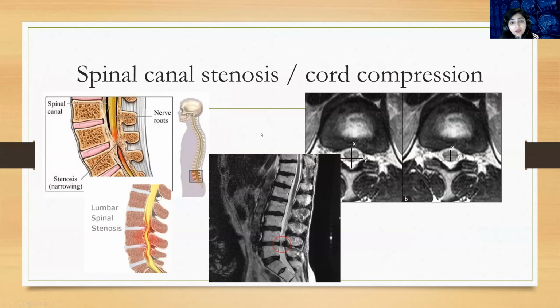Then spinal canal stenosis. Spinal canal stenosis is caused by multiple factors like disc bulge. An important component of spinal canal stenosis is the ligamentum flavum. The ligamentum flavum is the ligament which is present posteriorly, and as you can see, this is a part of the disc bulge, but this is all the ligamentum flavum which is causing compression. And there is another very important component which takes part in spinal canal stenosis, which is the facet joint arthropathy.